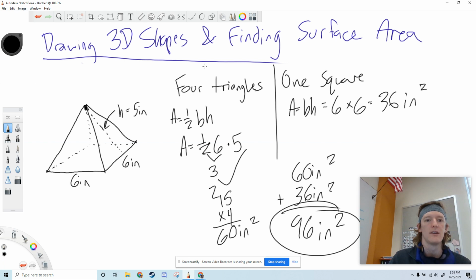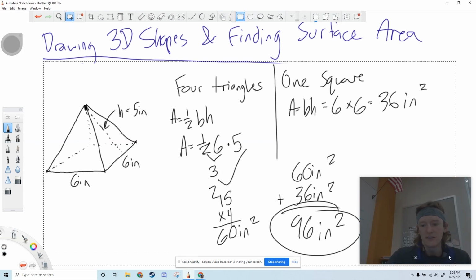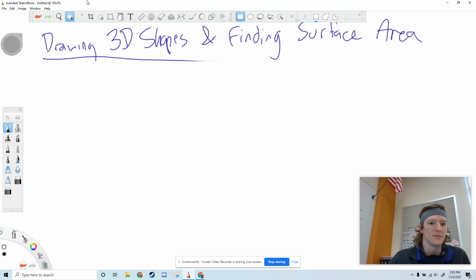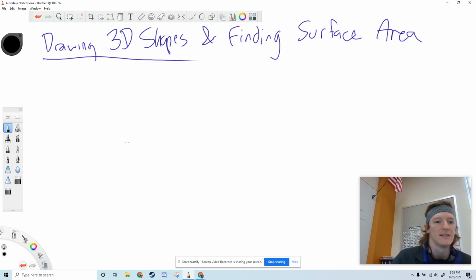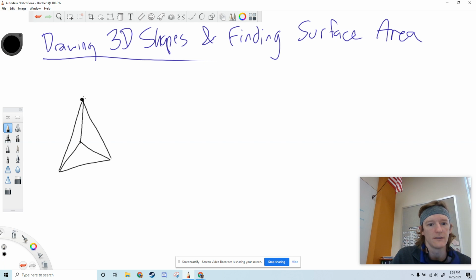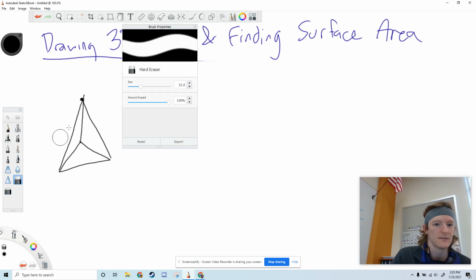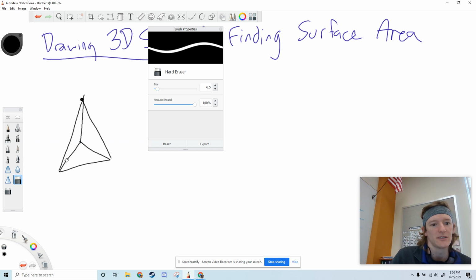That is our square pyramid. Now the next one's going to be a triangular pyramid. So let's delete. And this one's a little bit more tricky to visualize. Let's just draw a triangle. And then draw a little point up here and connect your lines. Now, if you're using a pencil, it's going to be helpful because if I'm looking at this triangle,